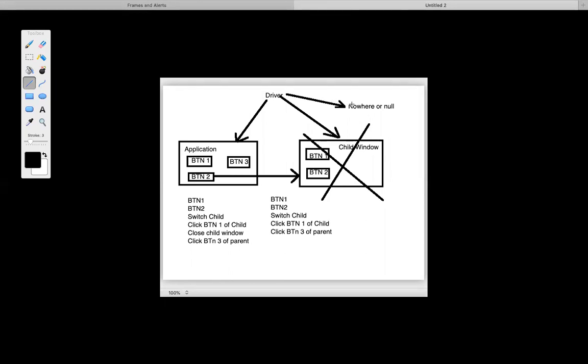So do not make this assumption, this is a wrong assumption, that if your driver is pointing to the application and you switch to a child window and close this child window, your driver will come back to the main application. No, you have to explicitly do that. And I'll tell you the reason why it is not coming back: if there are multiple windows, right? Window 1, window 2, window 3. And if you close one of the windows, let's say window 4, then where exactly should this driver switch back? It's the confusion of state, right? So make a note, it cannot switch back over here.